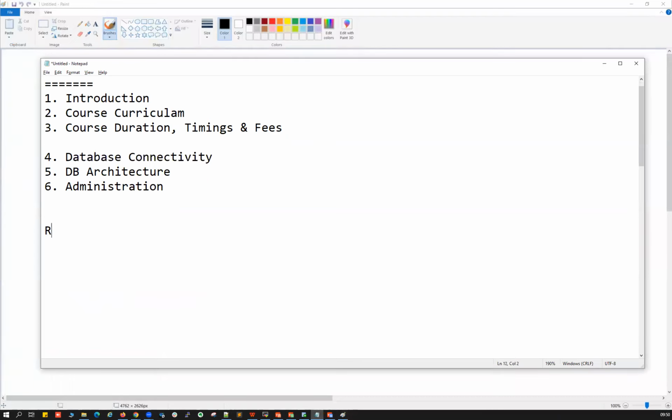So if somebody asks, what are the types of databases? In the real-time world, once you start working with various customers, what are the types of databases you deal with? Very first is your standalone and Oracle restart and Oracle RAC, and the other one is Oracle RAC One Node.